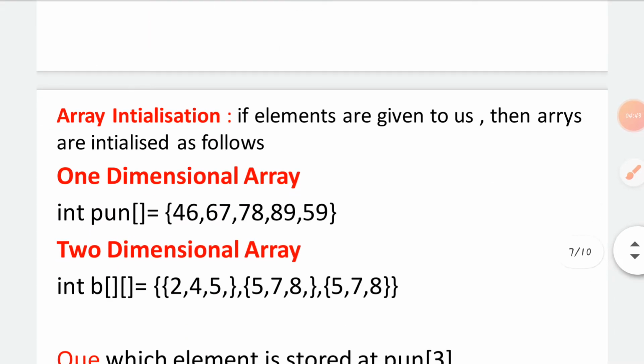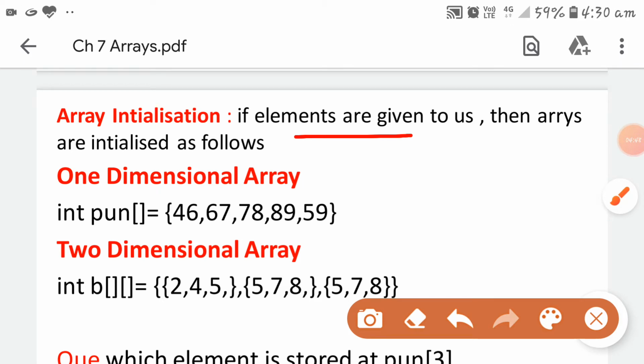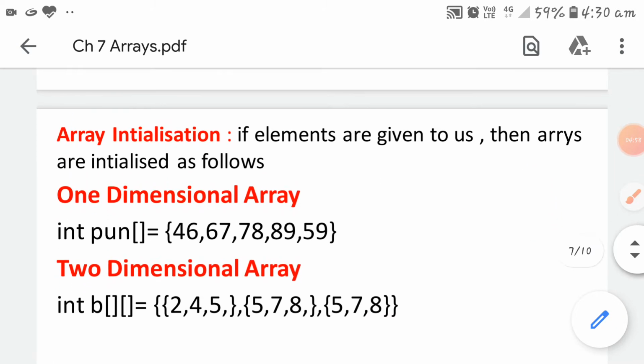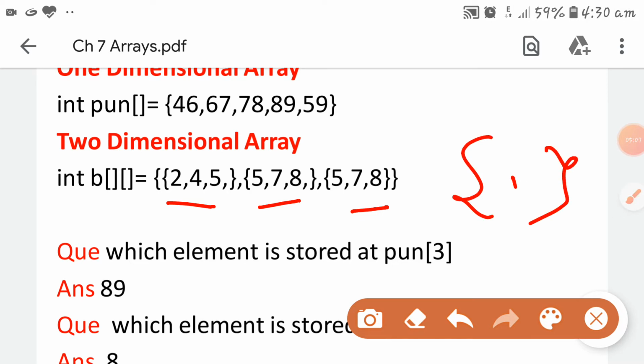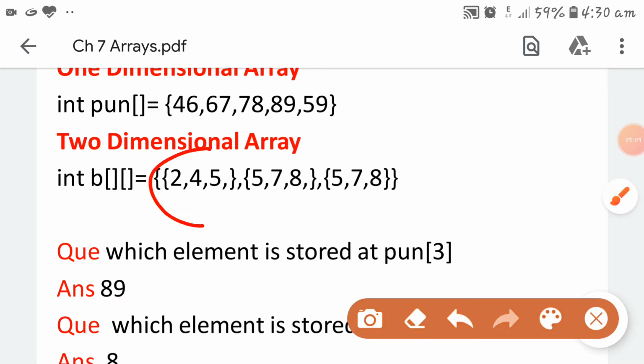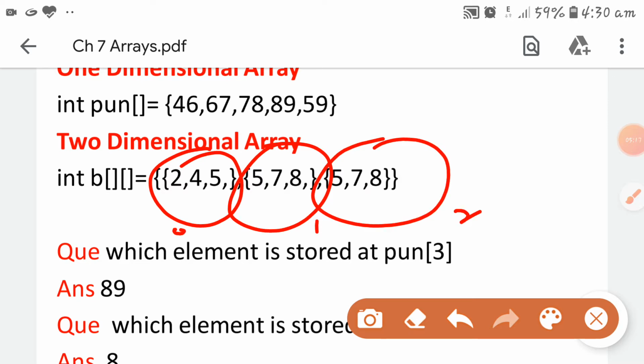Now next is array initialization. If the elements are given to us, then how to give them? We have to put them in curly braces separated by commas. In two-dimensional arrays also we have to put the elements in curly braces separated by commas. Okay, this is the 0 row, this is the first row, and this is the second row.